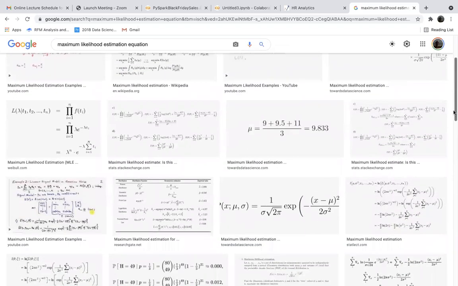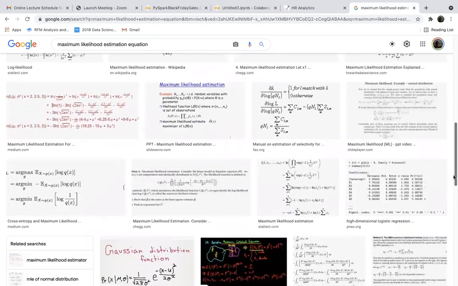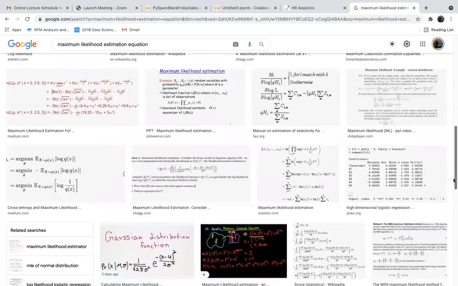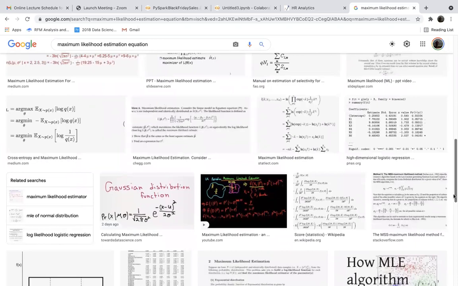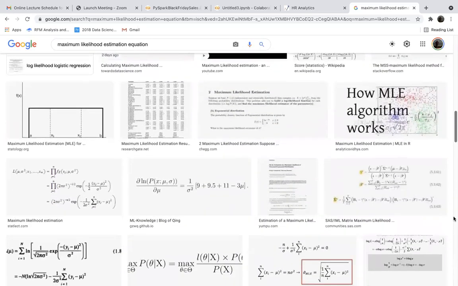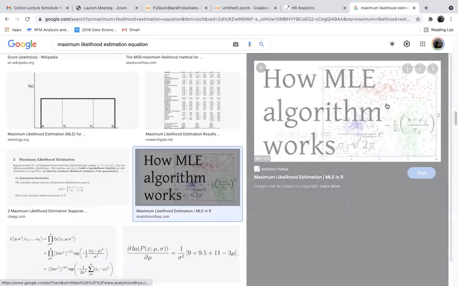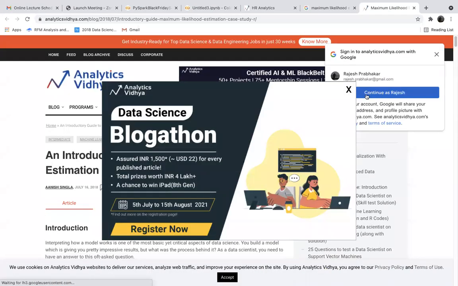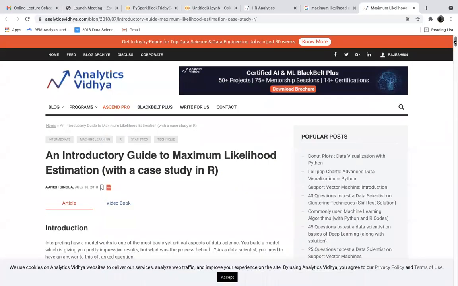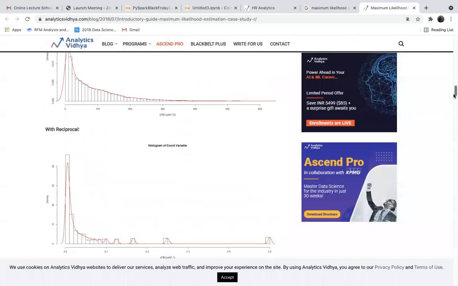Forgot. Let us see if Analytics Vidhya gave the equation. It is probability into 1 minus log of probability, something like that.